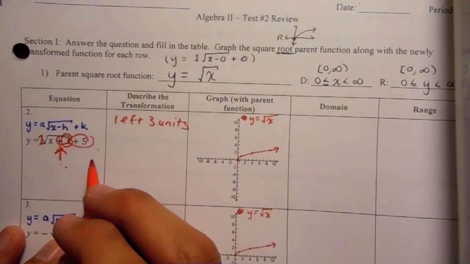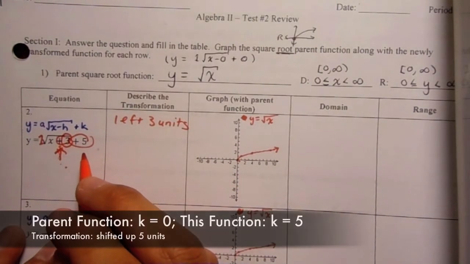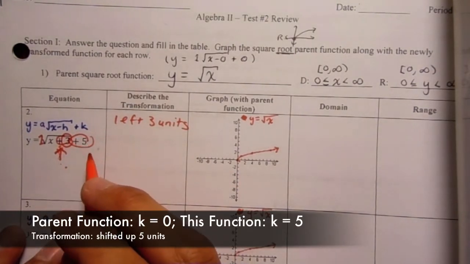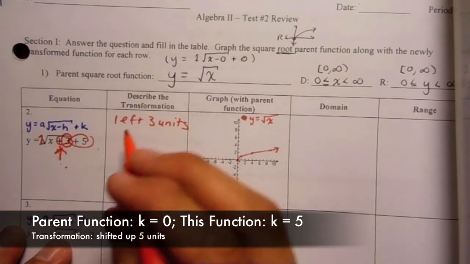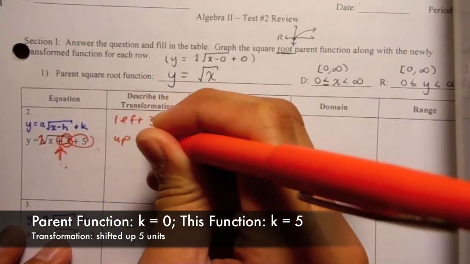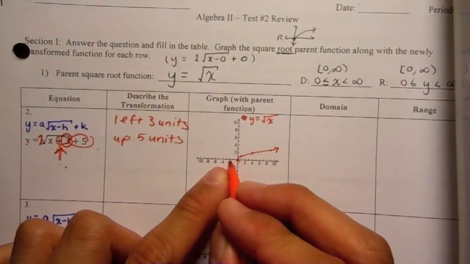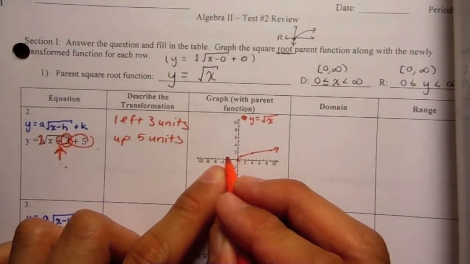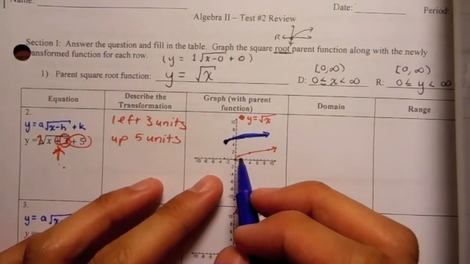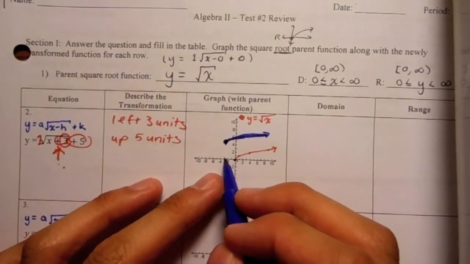But I want to take into account that there is a plus 5 in place of plus k. That means, hey, outsiders, they don't lie. I actually went up 5 units. I'm going to take this as a reference point, move it to the left 3 units, and then up 5 units. So this is a really bad drawing, but I just shifted this point to the left 3 units and